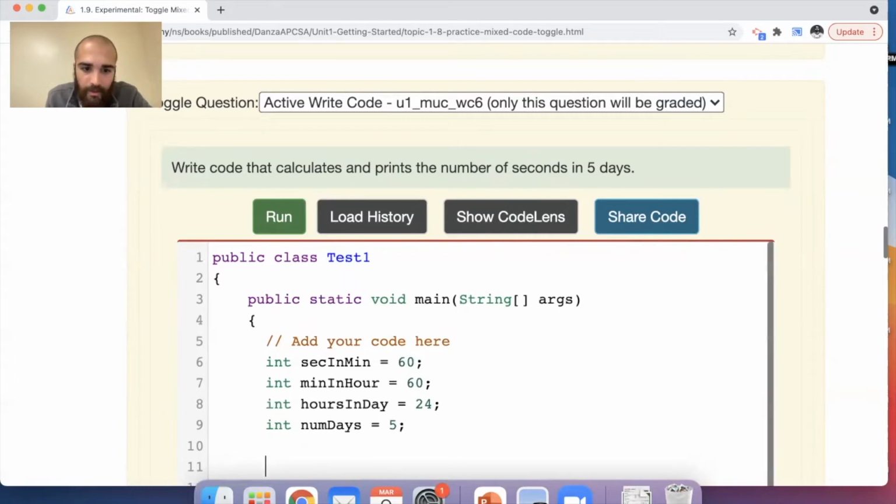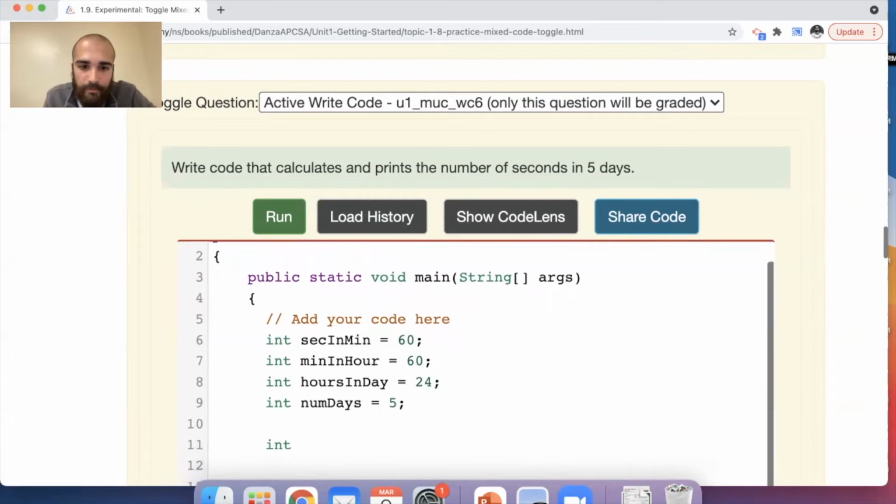So then I can just write on the next line, but normally I like to declare and initialize at the top and then do my calculations down a little bit further just to create that separation. I'm a very visual person. So if I take the seconds in minute times the minutes in an hour times the hours in a day times num days